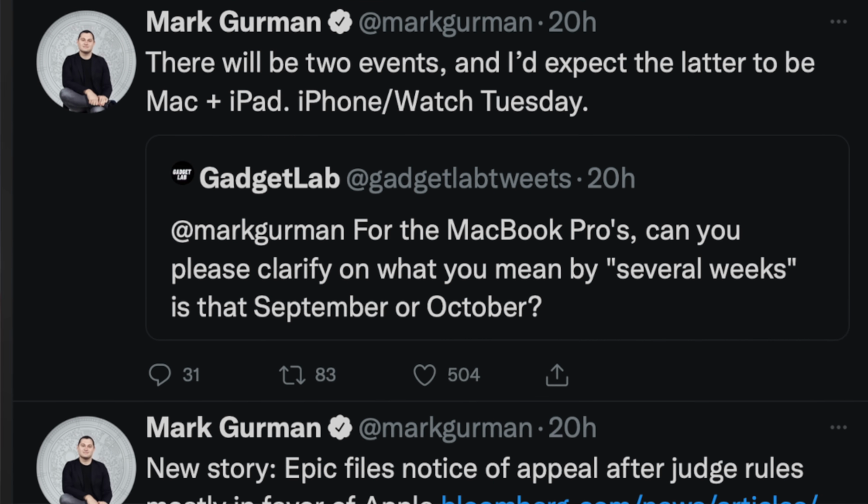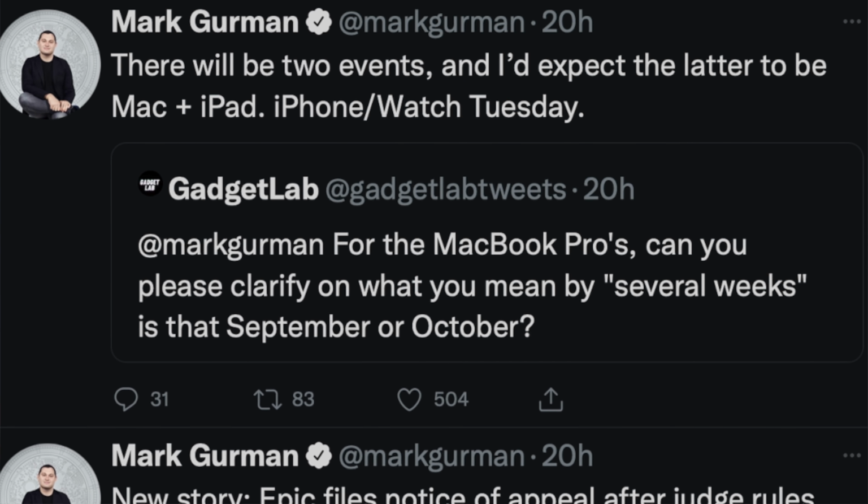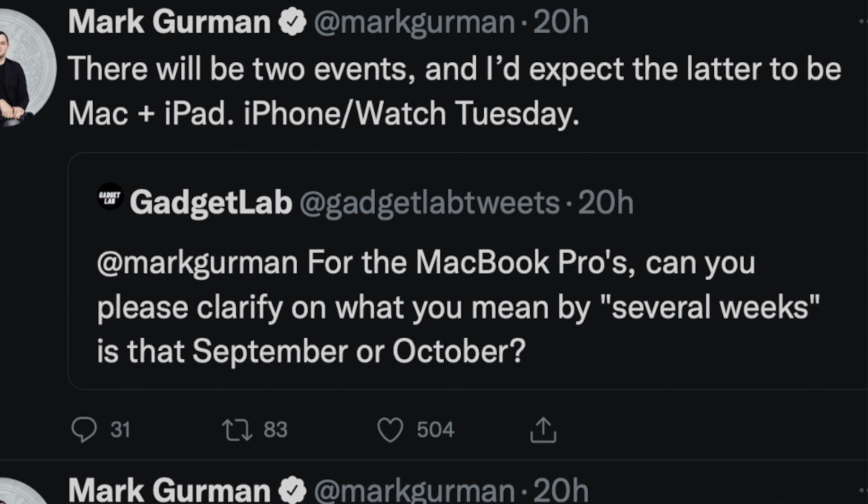Since it's allegedly coming out in a separate event, it won't be launching tomorrow. Apparently, it's supposed to be at a Mac event that will be in October and maybe not even ship until November. Every other detail of this leak sounds a little fuzzy to me,